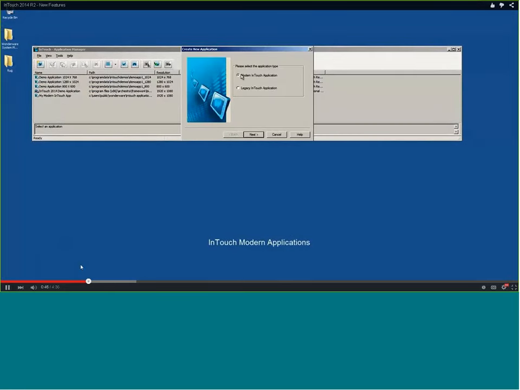Excellent. Great. So I'm in InTouch Application Manager, and when I create a new application, I can choose to create a modern InTouch application, which gives me access to the Archestra graphics, or I can create a legacy InTouch application, which just keeps everything as it has been. When creating an InTouch application from Application Manager here, I would not get the Archestra graphics if I chose legacy. So I'm going to choose modern, click next, and now you can see I've got the Archestra graphic toolbox right